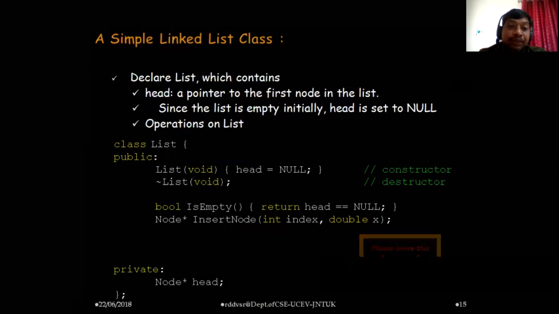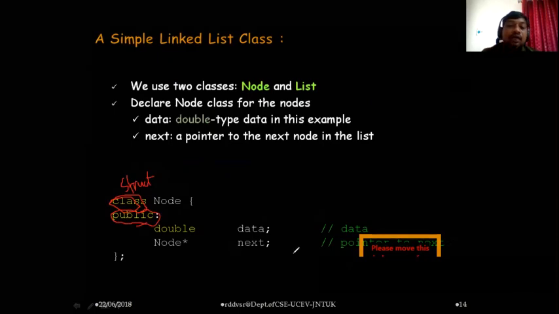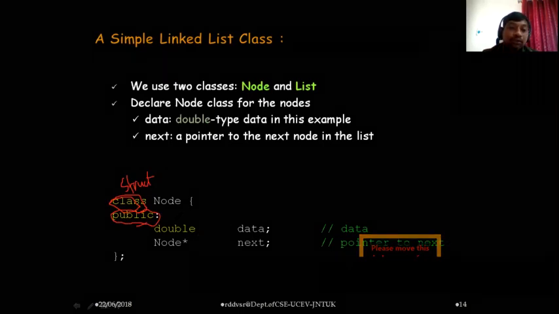This is the C++ implementation, but for the time being, if you want to create such nodes in C, all that you need to do is use the struct keyword. You have to create a structure, struct node. By default in structures all members are public. I have created two variables, two structure members. One is of type double and the other one is of type node star. What is node star? Node pointer.